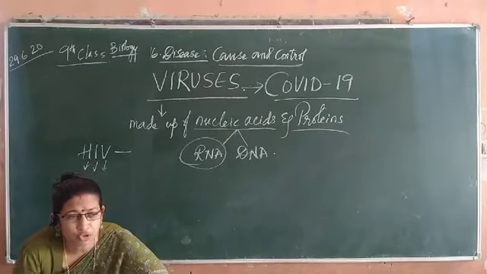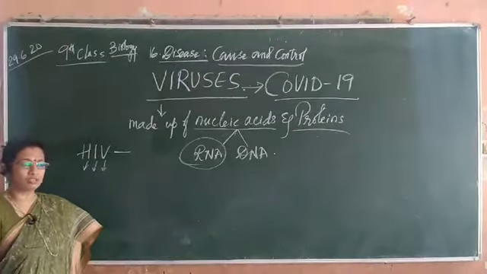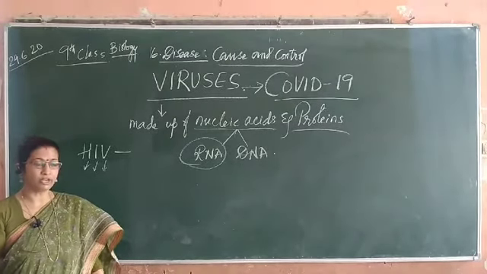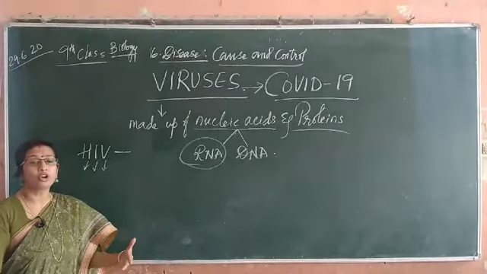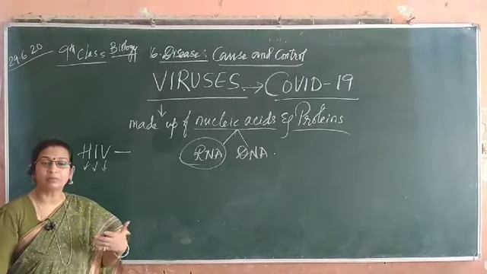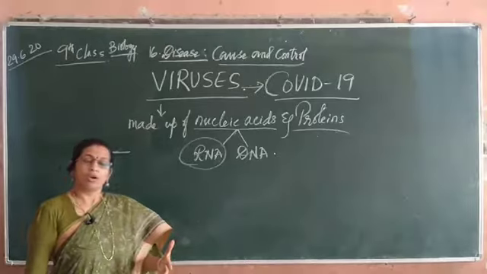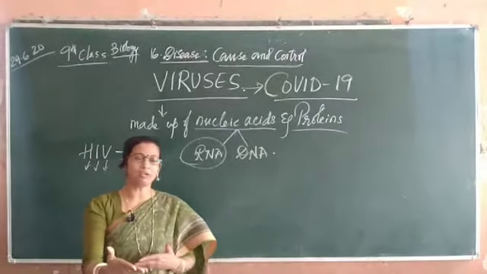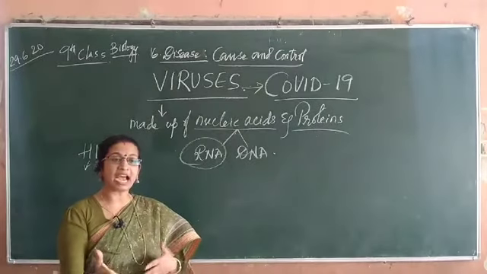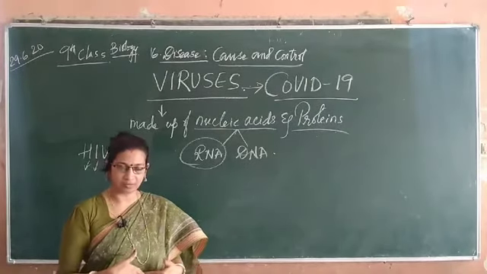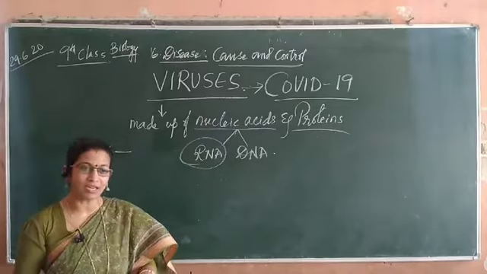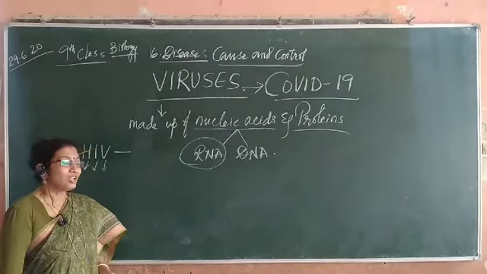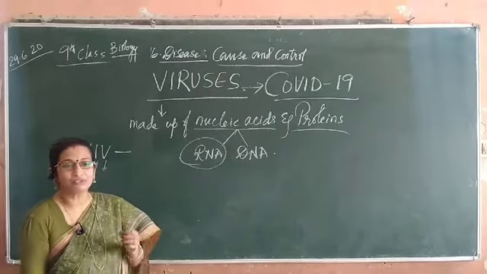Contaminated blood transfusion. What is blood transfusion? Like for example, I have undergone a surgery and during surgery I had a lot of loss of blood. Now I require blood. So my blood group should match with the donor's blood group, and if it matches, then I take blood from somebody else. I am not drinking blood like a vampire, but the blood is infused through veins, right? So that is called blood transfusion.